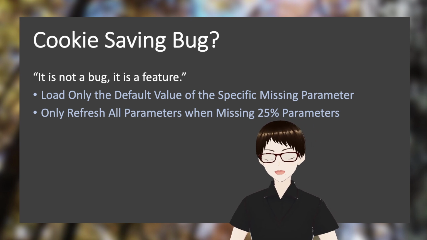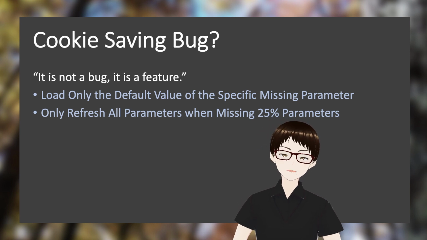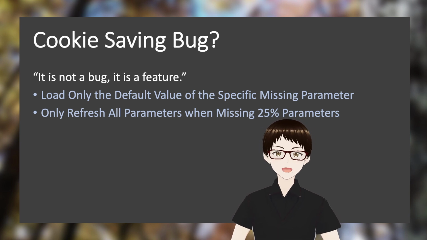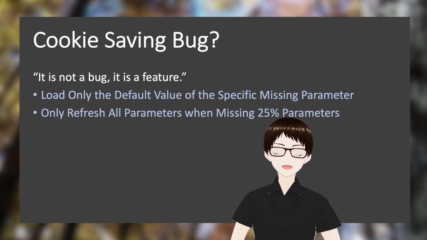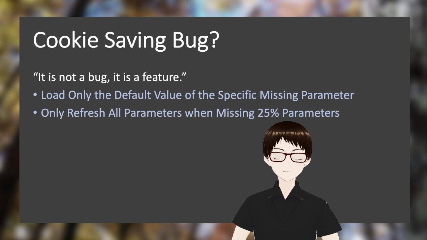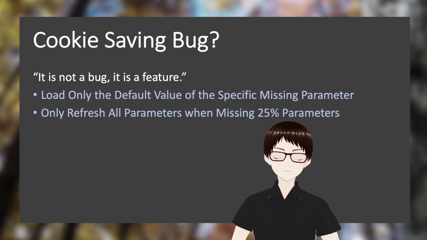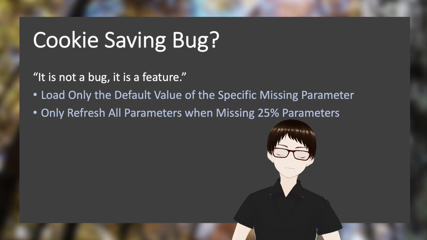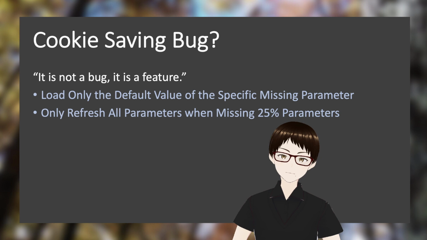This is designed to do it, because the behavior before this month was that if there are missing parameters in your saved configuration compared to our configuration settings, we will reset everything. A missing parameter can occur when we're trying to save it and there is a failure, so some of the parameters are not saved, or